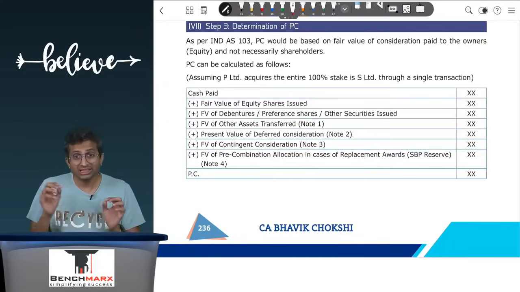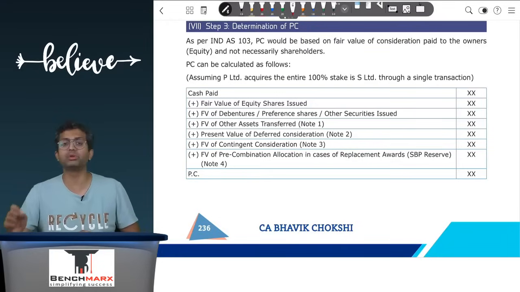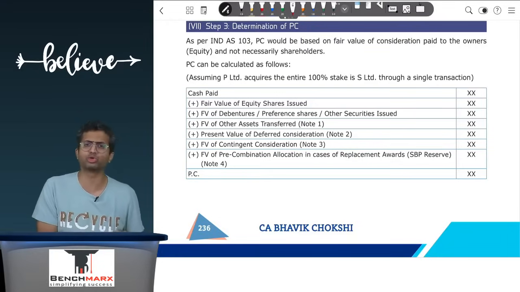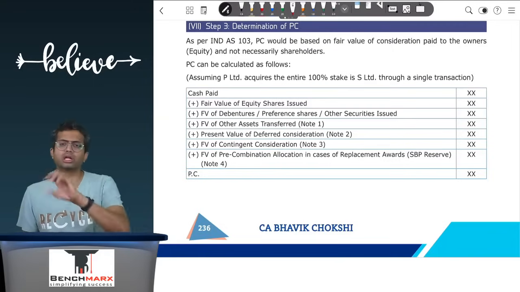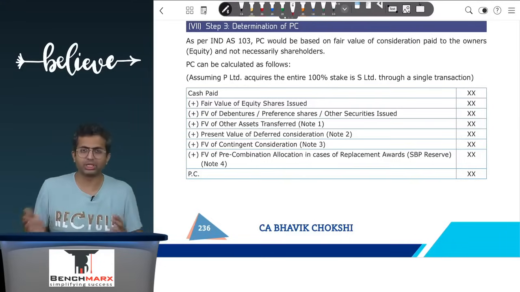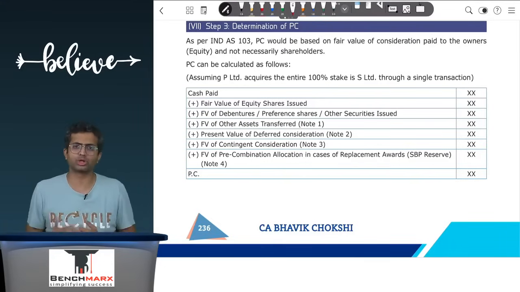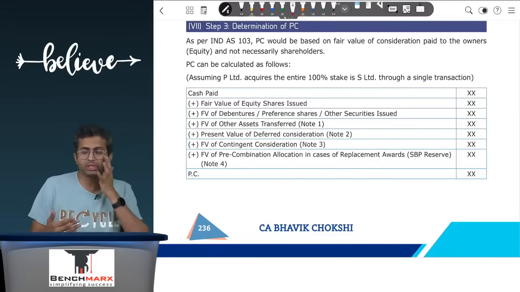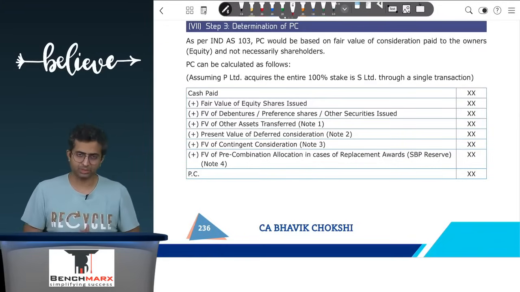Well, yes. This fair value change, in case the contingent consideration is classified as a liability, will be accounted for using FVTPL, fair value through profit and loss. In case the contingent consideration is classified as equity, you will not remeasure, because equity under Ind AS 109 cannot be remeasured. However, most of the time this consideration is classified as a financial liability, and as per Ind AS 109 financial instruments, this is one of those items which will be accounted for as per FVTPL principles.